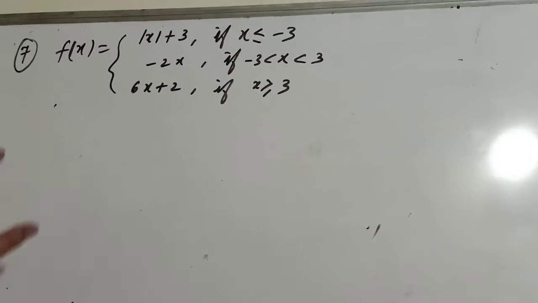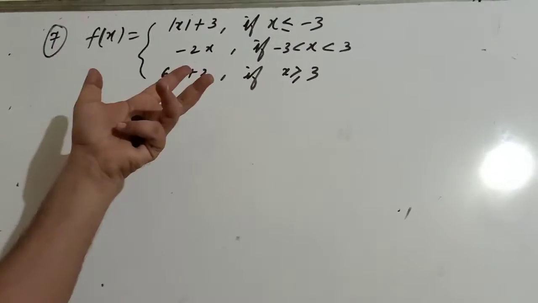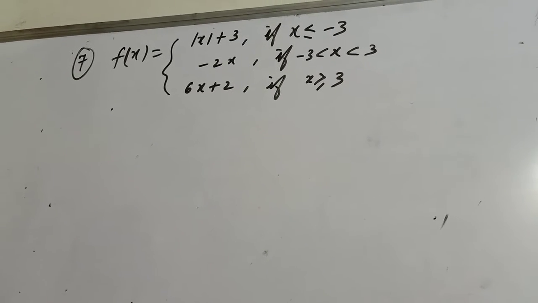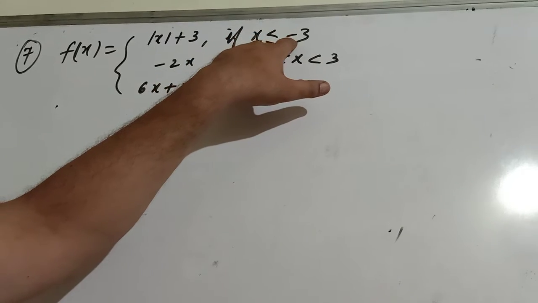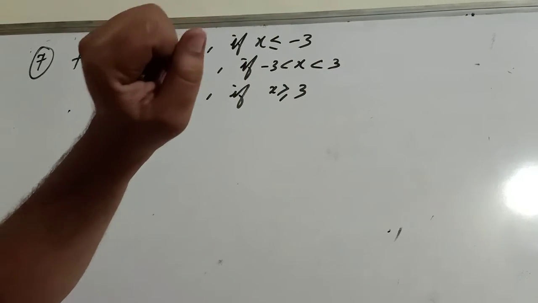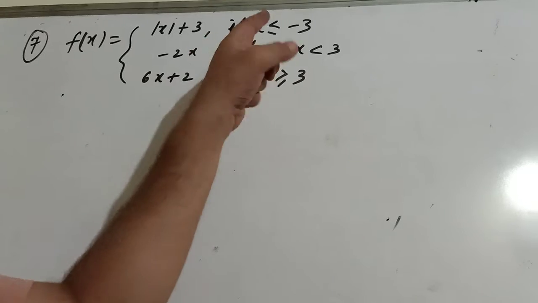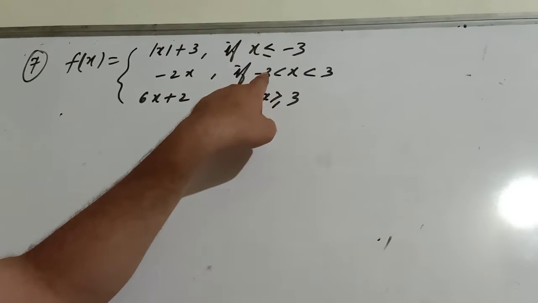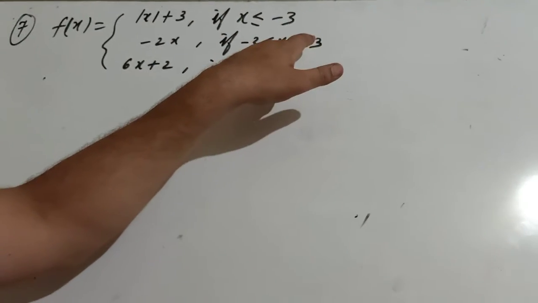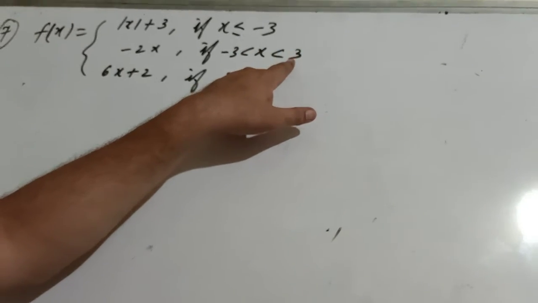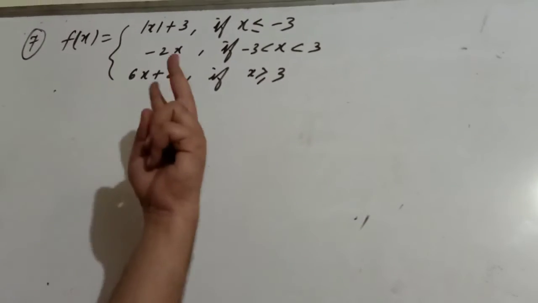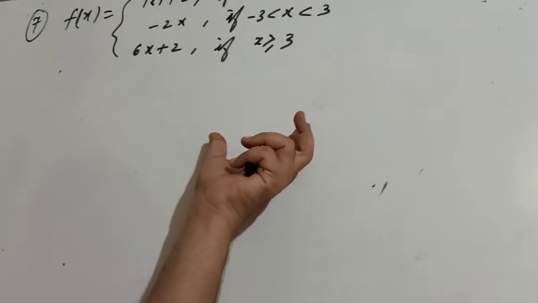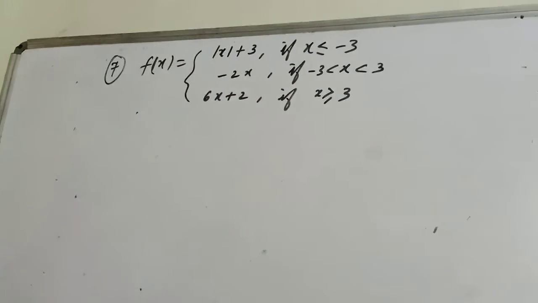We are doing the 7th question. Discuss the continuity or check the continuity. With the help of this observation, you can see that we are getting two different points, minus 3 and 3. For minus 3, all three situations are given: less than minus 3, equal to minus 3 and greater than minus 3. And for 3 also, all three conditions are given: less than 3, greater than 3, equal to 3. Means we have to find continuity at 2 points. It will not be given in the question; it will be given, discuss the continuity. So here you have to find continuity at 2 points.